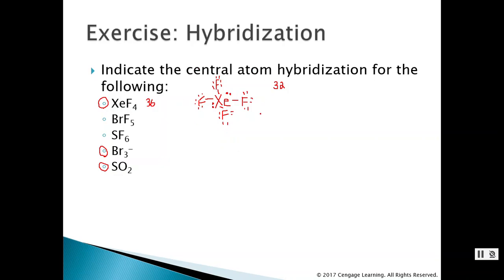And so that's our Lewis dot structure for this molecule, and we're going to use it to say that my xenon, which is my central atom, has VSEPR notation AX4E2. But more importantly, we need to determine the number of electron domains on that central atom, because that will help us determine the hybridization. My central atom has 4 plus 2, or 6 electron domains, so it needs to have 6 hybrid orbitals, and the hybridization must be